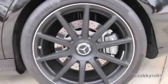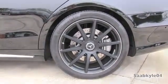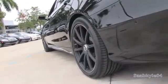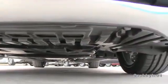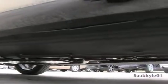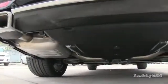Brakes consist of two-piece, cross-drilled and slotted, internally ventilated discs measuring 15.4 inches in front with 6-piston fixed calipers and 14.1 inches in the rear, combined with a single-piston floating caliper and electronic parking brake. Carbon ceramic brakes with unique yellow calipers and Meteor 16.5-inch front rotors are also available, offering superior heat and fade resistance. Stopping distances from 60 miles an hour are estimated to be less than 110 feet, impressive for such a